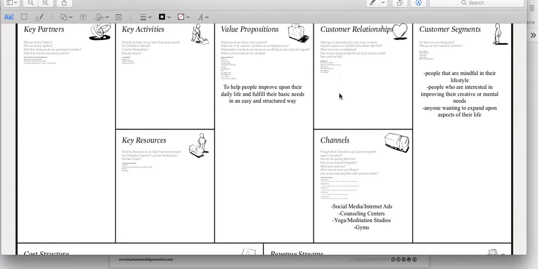Alright, so we're going to go to our customer relationships next, and this is really just how are we going to engage with our customers, how are we going to give them what they need. So, to me, that is always online chat, for accounts, for tech. I think it would be really great if we had some type of counselor, lifestyle coach, someone on board that was going to actually talk to the clients whenever they felt stuck.